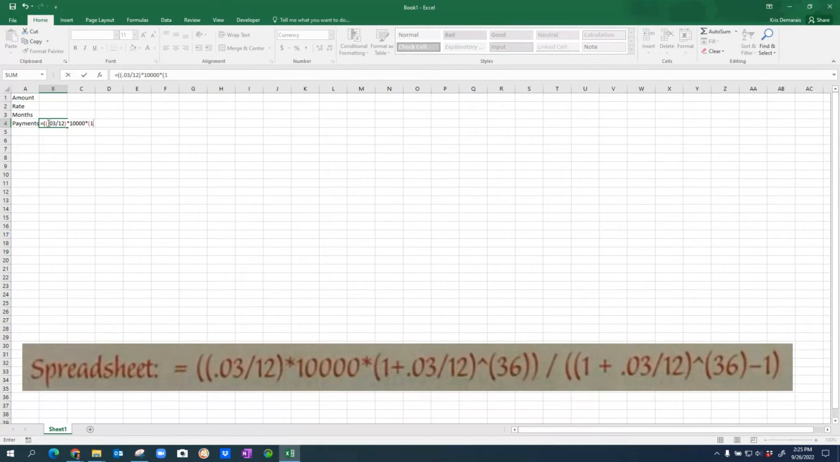1 plus 0.03 / 12, because that means division. And now I'm going to go ahead and close parenthesis. Shift 6 gives me the upside down caret, which is exponential level power, and hit open parenthesis, 36, close parenthesis,